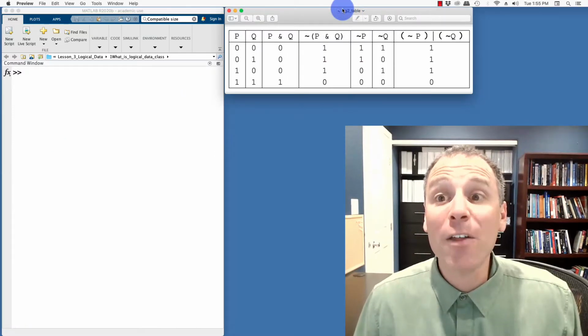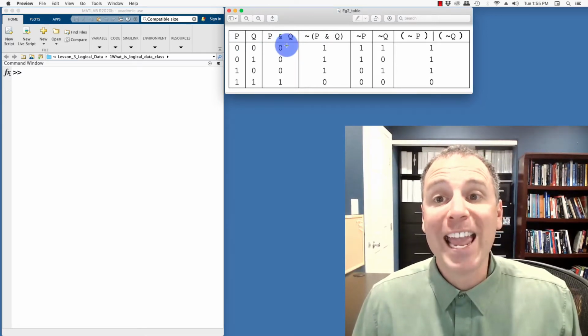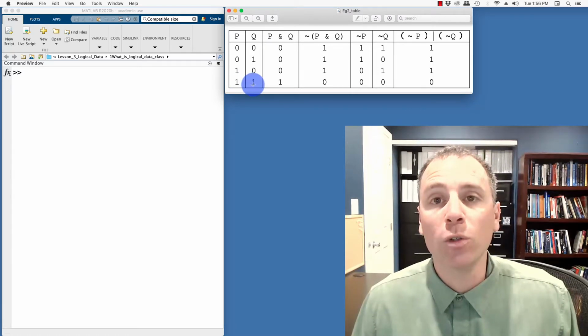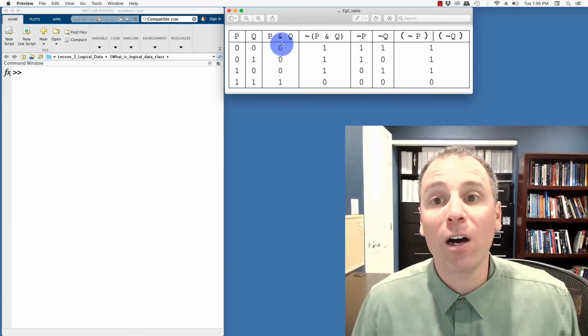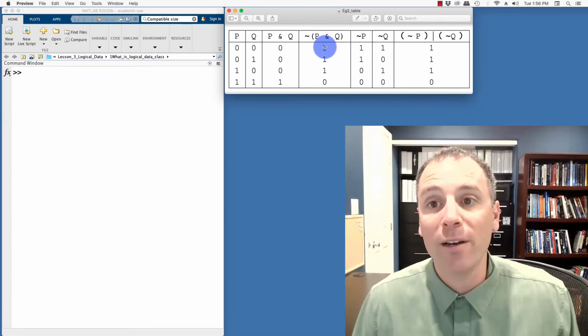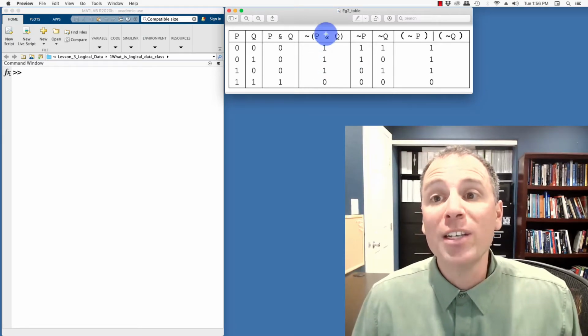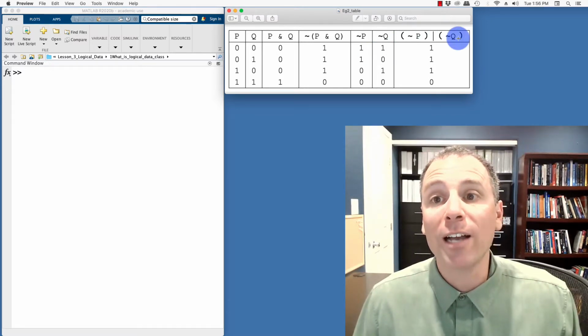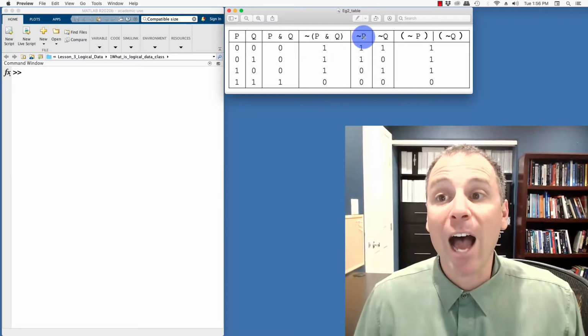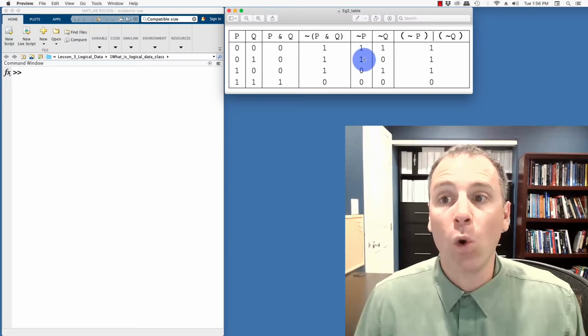Let's take a look at yet another example. Remember, in a previous video, we talked about P and Q, which was the AND operation, true only when both are true. We then defined a NAND operation, which was not AND, that inverted the output of AND. So everywhere there's a 0 becomes 1. Everywhere there's a 1 becomes 0. Notice that we have an equivalent version of NAND by doing not P or not Q. Specifically, we can actually check this. Not P is true when P is false. So 0, 0, 1, 1 becomes 1, 1, 0, 0 when I not it. Similarly, 0, 1, 0, 1 becomes 1, 0, 1, 0.